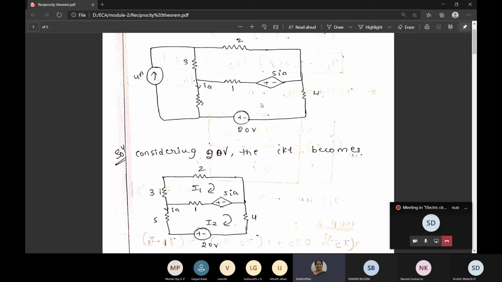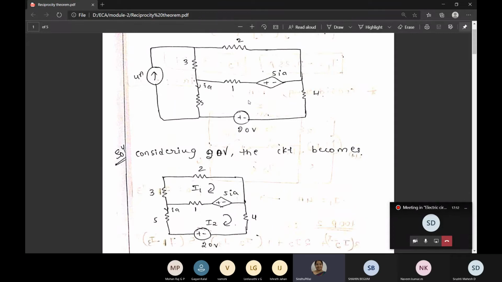One more thing, since we have a current source at the border, what will be I1? I1 is nothing but 4 amps. Whenever we do mesh analysis, one point we learned was to check whether there are current sources at the border. Since we have a current source of 4 amps at the border, the loop current I1 will be 4 amps. So we get one current already, that is I1, and only two currents remain, I2 and I3.